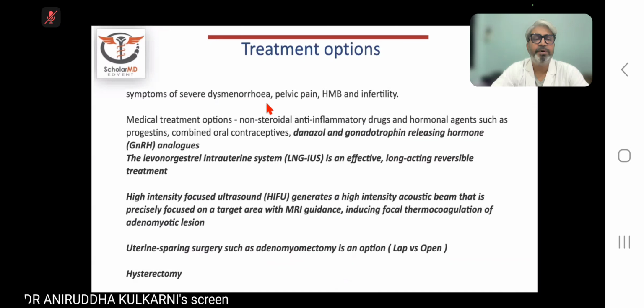The treatment options, particularly for severe dysmenorrhea, pelvic pain, or severe bleeding and infertility, could be medical treatment, high intensity focused ultrasound, or uterine sparing surgeries, and a few of the debilitating hysterectomy surgeries, out of which danazol and gonadotropin releasing hormone, GnRH analogs, are the mainstay of medical management. So we have to decide, depending upon stage and penetration of adenomyosis, which is the appropriate treatment protocol for the individual